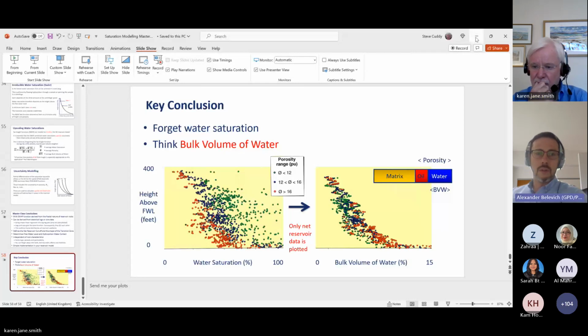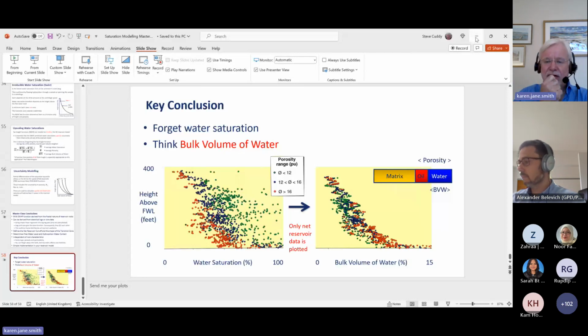All right. The next question is also from Sanjeev Kalita. How to get A and B values from electrical log points? Right, that is the essential part of this masterclass. You can get it from the core data or from the logs. Today I showed you from the electrical logs.